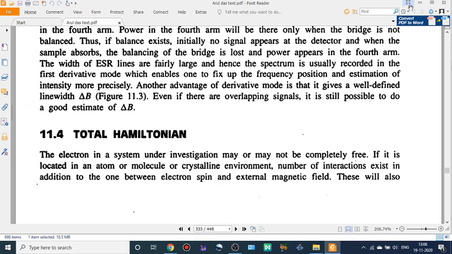This ESR signal again splits into several lines due to the hyperfine interaction, that is, due to the interaction between the nucleus and the electron. Okay, now we are going to discuss the total Hamiltonian, that is,